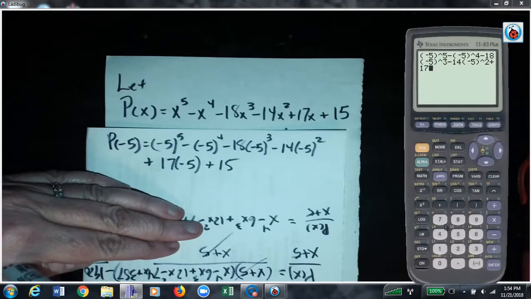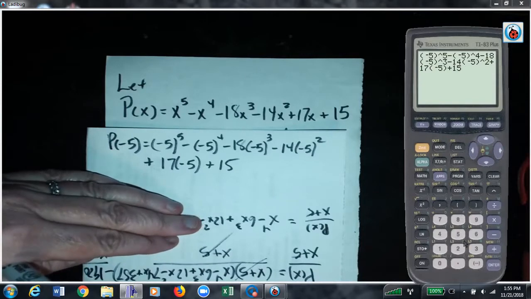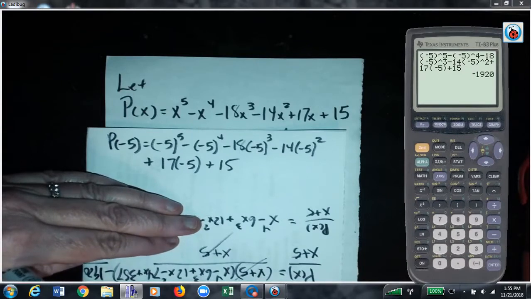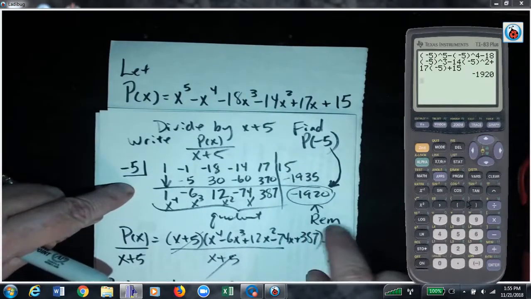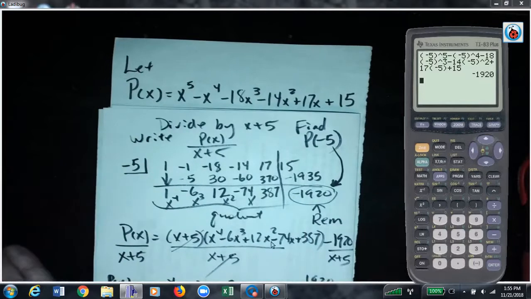Plus 17. Okay, my mouse is just not obeying. Okay, and then plus 15. Let me double check that before I press enter, because if my mouse has let me down anywhere, minus 18 times negative 5 cubed. Okay, enter. All right, and so we got the same answer. And I think in this case, doing it with synthetic division is going to be the better way to get there. Okay, so that ends